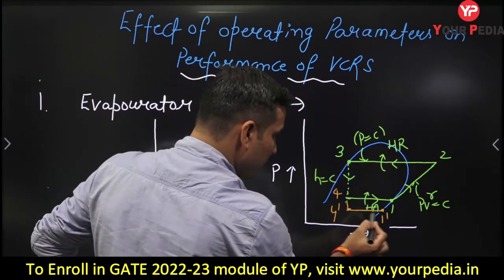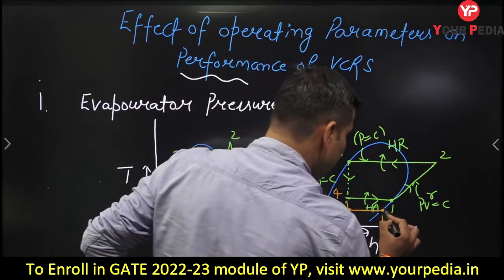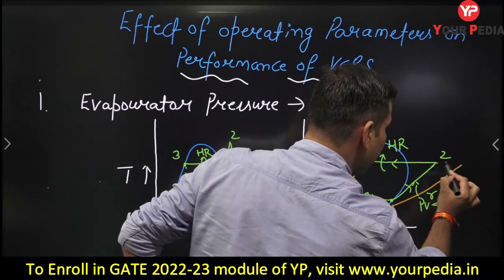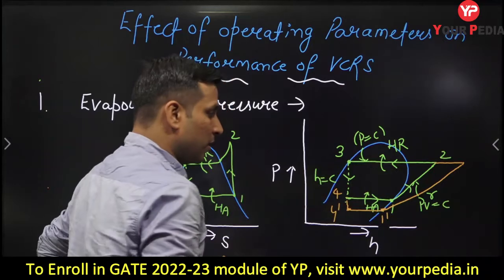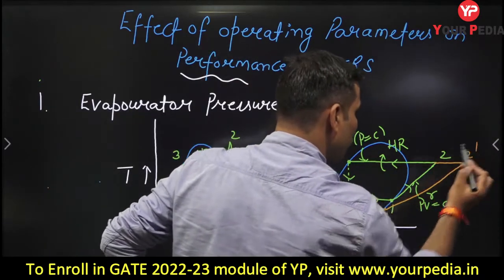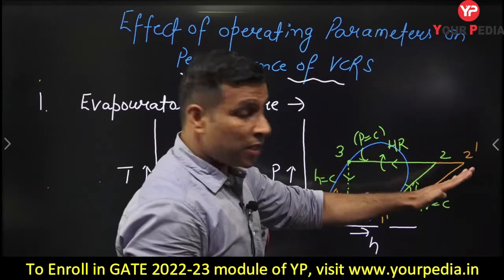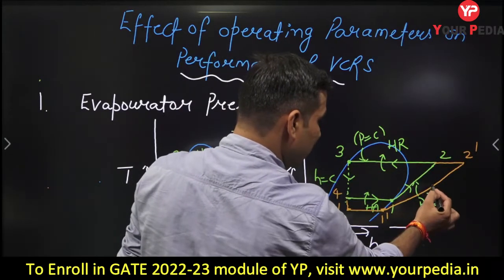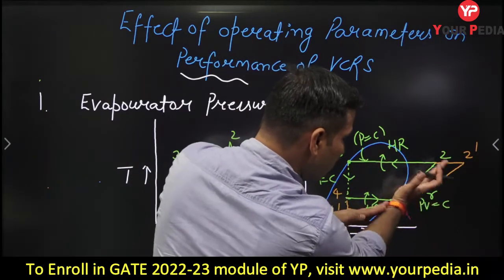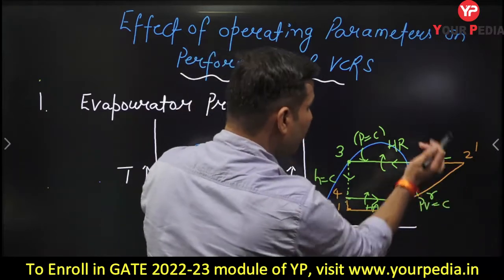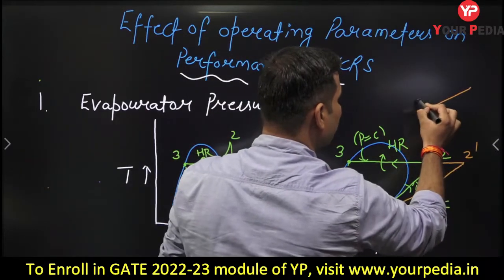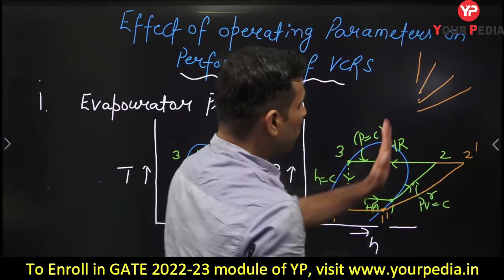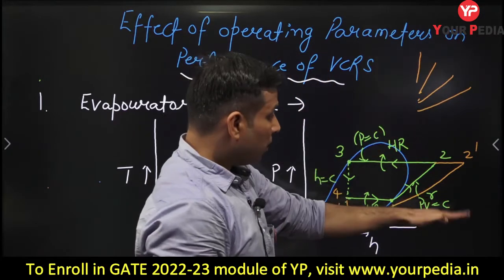Now this is the refrigeration effect you will get. And this line must be something like this, because we are keeping the same condenser pressure. So this is 2 dash, yes or no? And guys, these two isentropic curves, their slope changes. Here they are steeper. At this particular lower pressure the curve is less steep. The curve must be something like this, and as you increase the pressure, the curve slope will increase, something like this. So these are the isentropic curves in the superheated region.